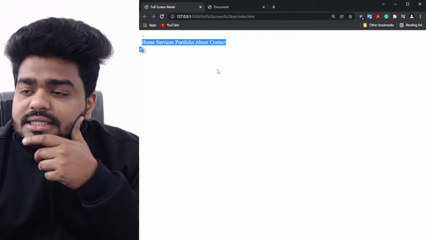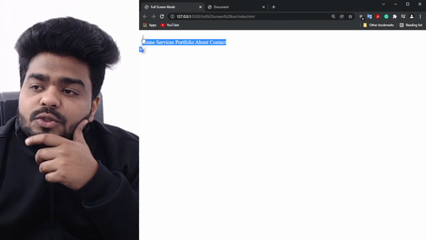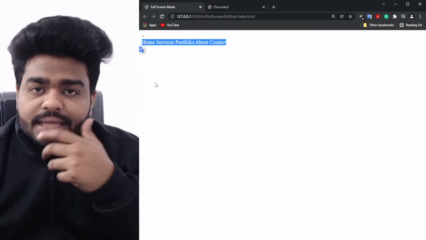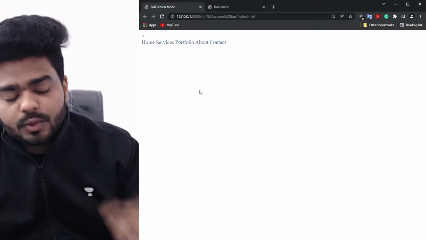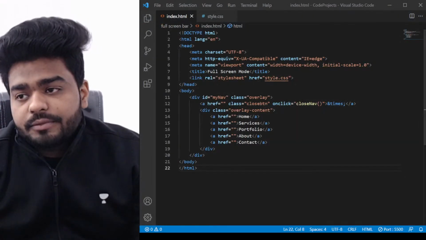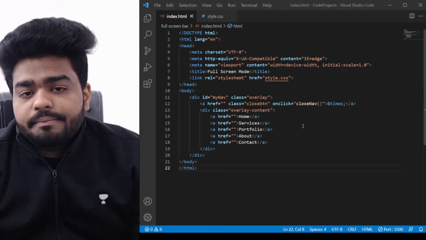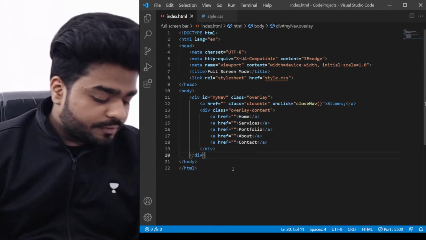And once we will hide this, then we'll give a command to this cross button. So once you click on that, what's going to happen? It's going to open up this part. That's what we are going to do in our code. Okay, so let's try to complete the code. So this div is completed. Here what we are going to do,